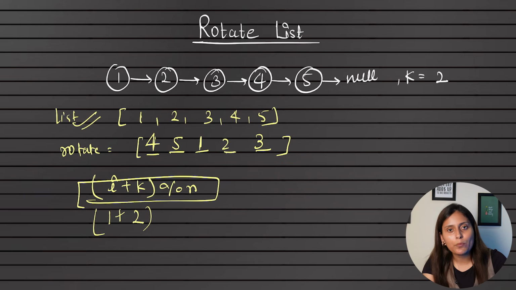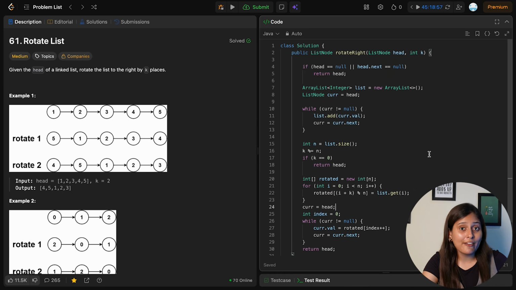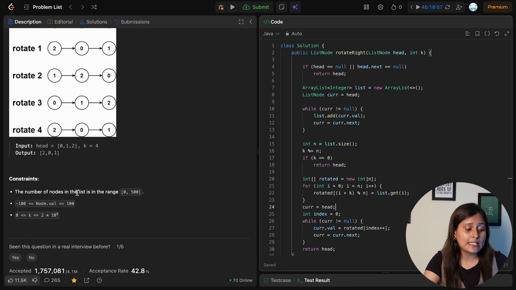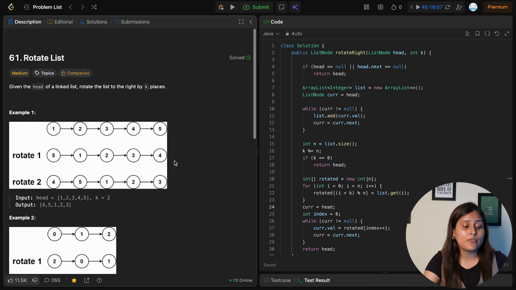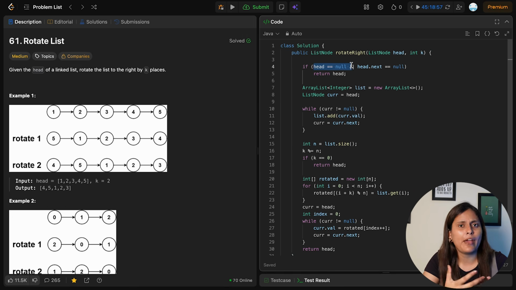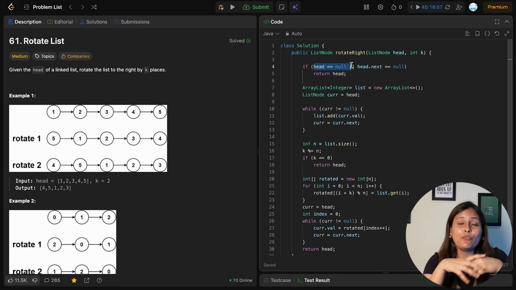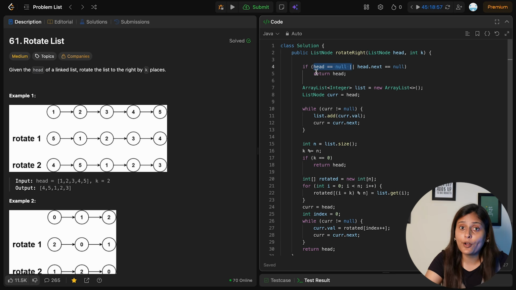Before going for the optimized approach, I want to show you the code. So here is the code we have discussed, but as you can see the number of nodes can be 0, so it is very important to write the base case. What if the node is not there, if head is null, or else head is there but head dot next is not, meaning only one node is there? If only one node is there, then rotation does not matter for it. So hence this is the base case: if your head or head dot next is null, you return head as it is,